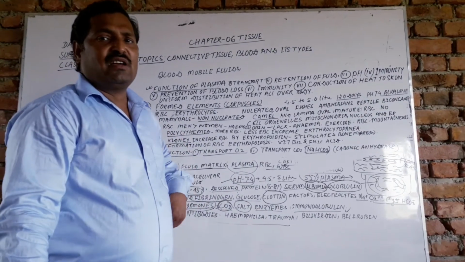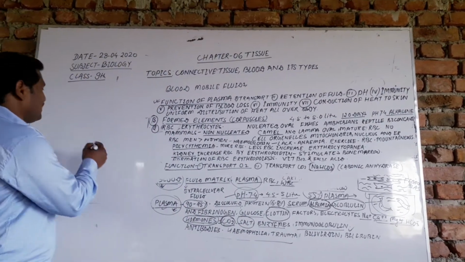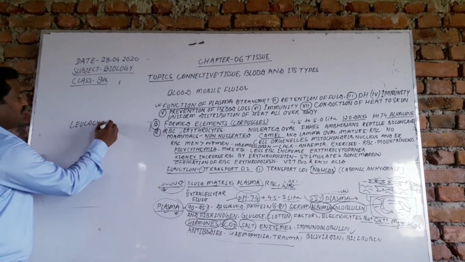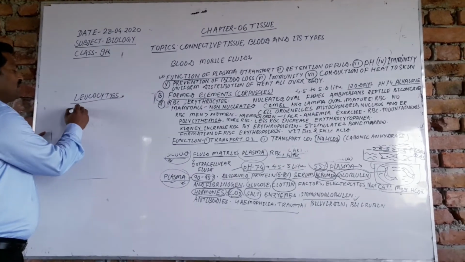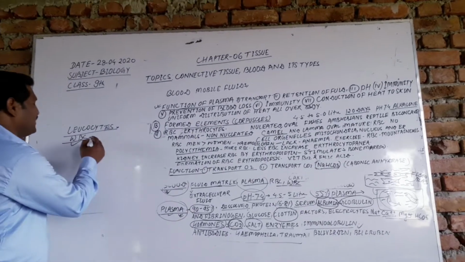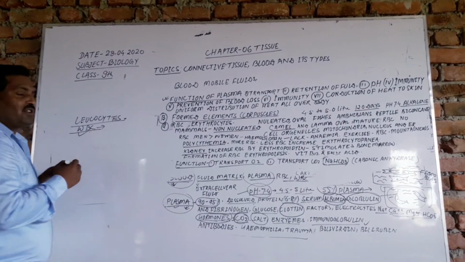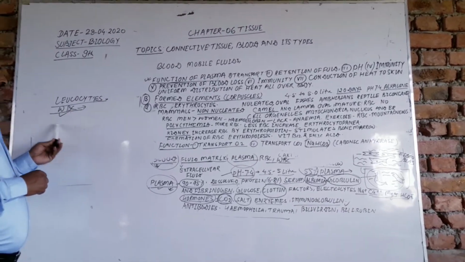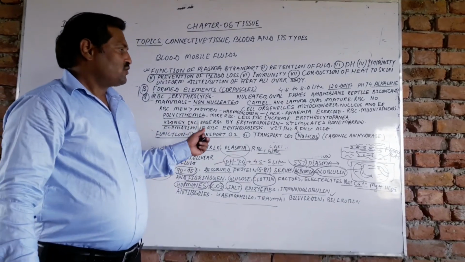We will discuss these one by one, and after that we will discuss leukocytes. What are leukocytes? Leukocytes are the cells that do not have RBC; they are also known as WBC, white blood cells. We will discuss the role of the WBC. WBC plays a very important role in our body. Its amount is very small, around 4000 per mm cube, but it plays a very pivotal role in our body. So we will discuss all these things in